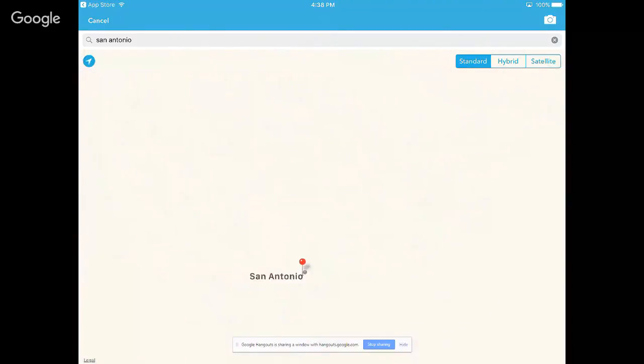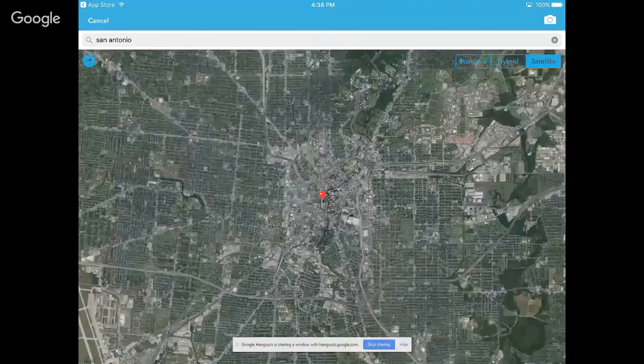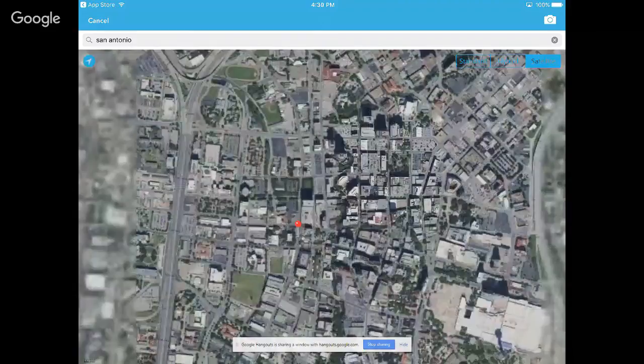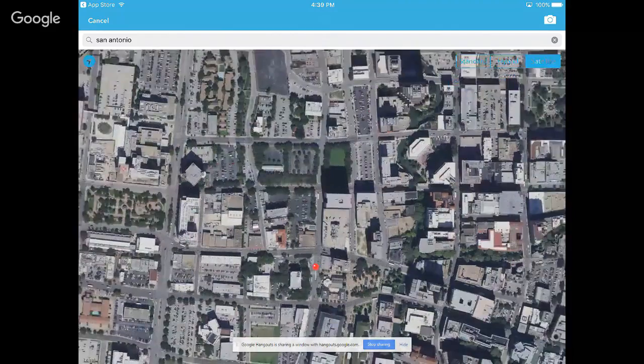You hit search, and as you can see, it's a map. It's a regular map, but on the top right, you see satellite. You click on it, it will show you a 3D part of it. So if you want to look for the Alamo, you type in the Alamo, it pops up, and then you have a visual for your students to see what the Alamo looks like,